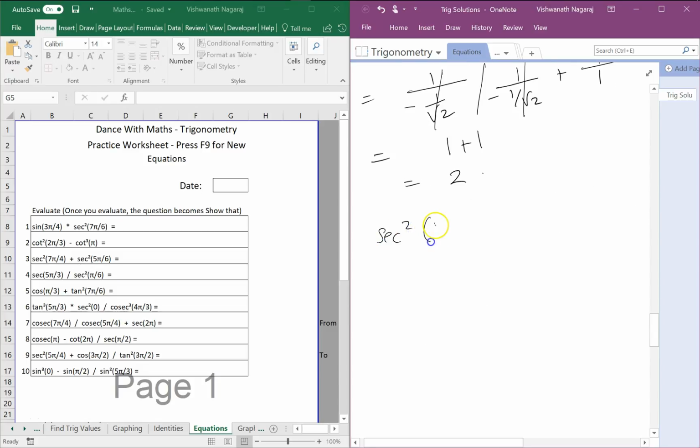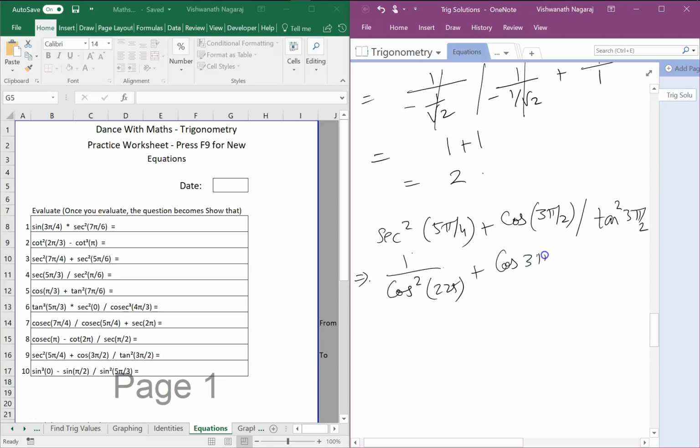Sec square 5 pi by 4 plus cos 3 pi by 2 by tan square 3 pi by 2. Okay, so this is sec square. Okay, let's in one shot do 2 steps. 1 by sec is 1 by cos square. 5 pi by 4 is what? 45 5 is 225 plus cos 3 pi by 2. Cos 3 pi by 2 is 270